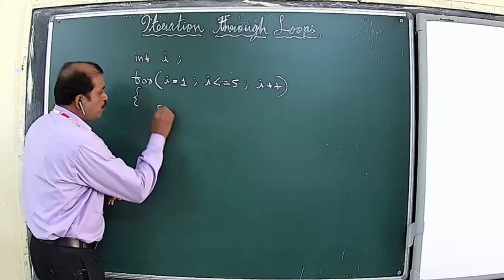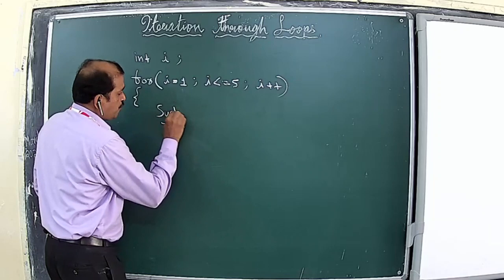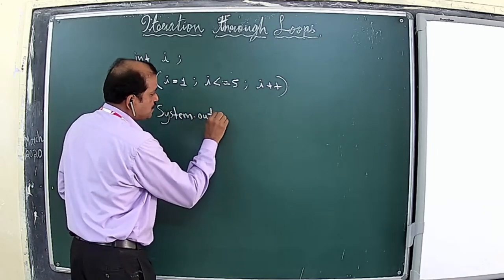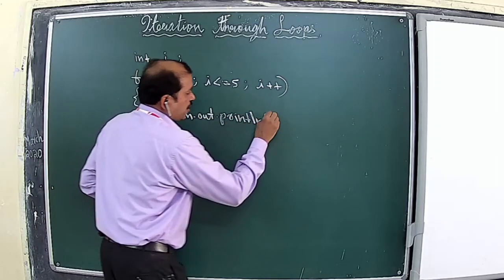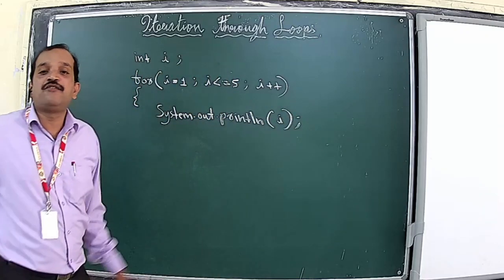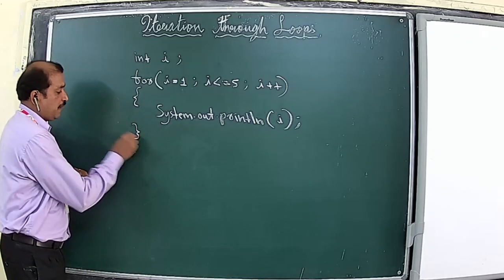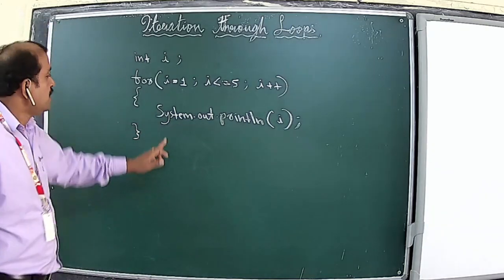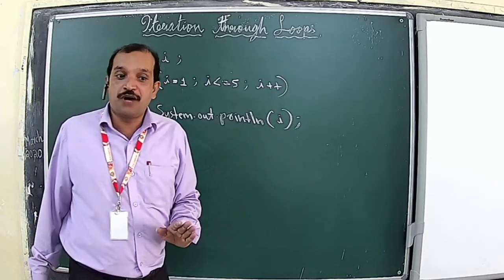Now we will go for the loop body. Since our task is only printing from 1 to 5, we will create the output statement here, System.out.println. We will just display i. The value of this i will be printed as part of this statement, and now we close the loop body. In this program segment, as part of the loop body, there is only one statement, an output statement to print the value of i.